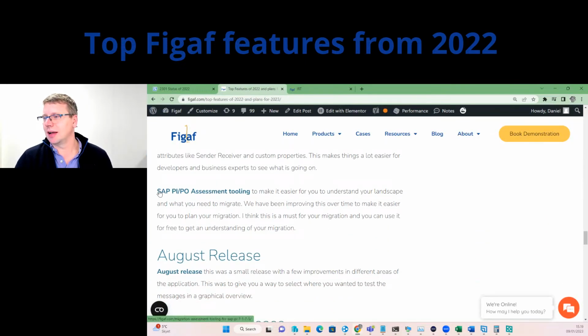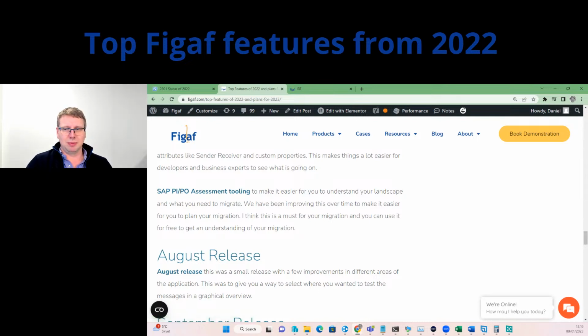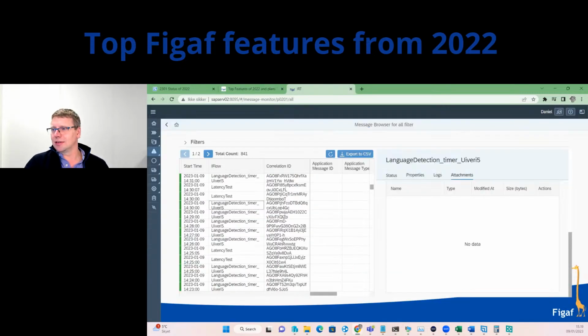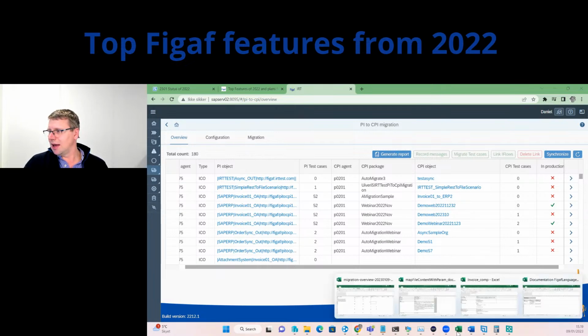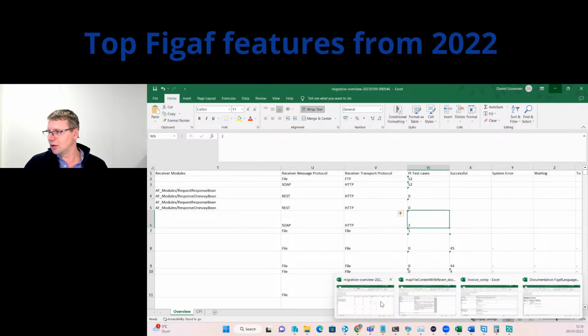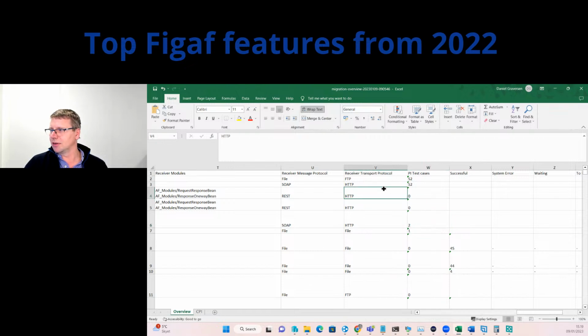Then we started out with our PO assessment tooling, and I think this is one of the things that we will be doing a lot more on in the coming years. This assessment tooling is a part of our migration efforts. When you go in, you simply press generate report, and it takes a few seconds. And once you've done that, you will get a report that looks like this,